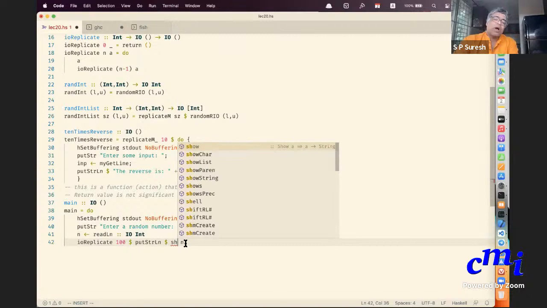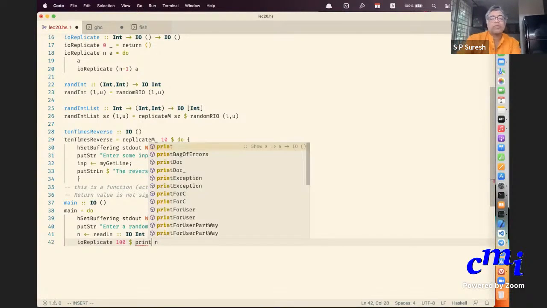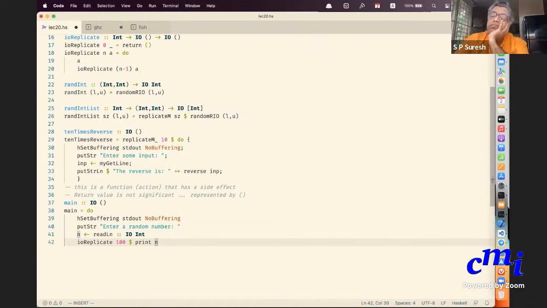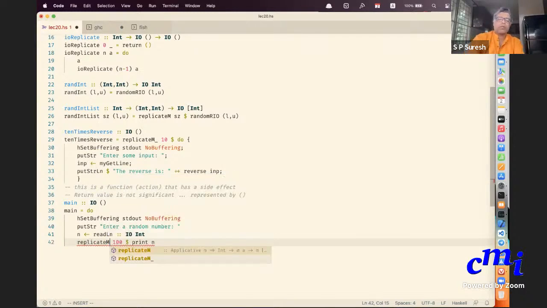It is giving this thing saying instead you can say print. Is this main clear? And while you are at it, I'll also change this to replicate. So this is how you use readLn.